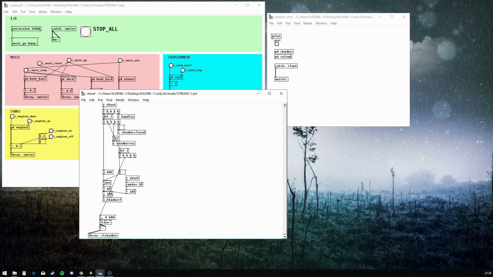But then down here, we have a number that is being randomized. Now these numbers working together determine the pitch of the sound. So sticking this into the right inlet allows me to, whenever we're getting the receive shoot message in here, have a base value of 100, which is the same as here. It's important that this is similar. And then on top of that, we're adding a value between 1 and 20. So we get that nice randomized pitch,